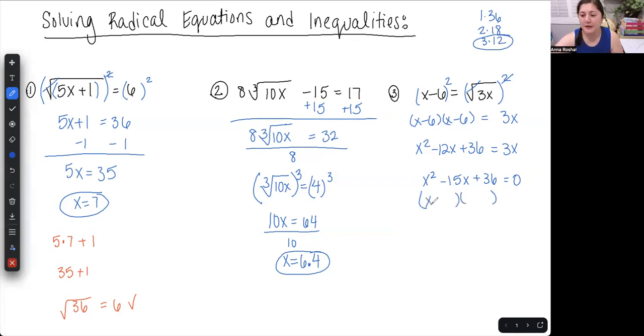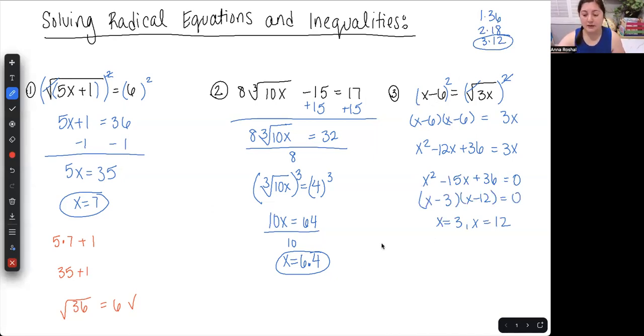So I'm then going to go ahead and do x minus 3, x minus 12, both of them set equal to 0. X would be 3 and x would be 12. Again, I'm going to try both of them out just to make sure. Regardless of how many solutions we have, we're going to plug both of them back in